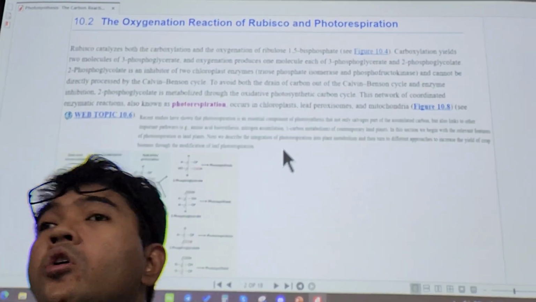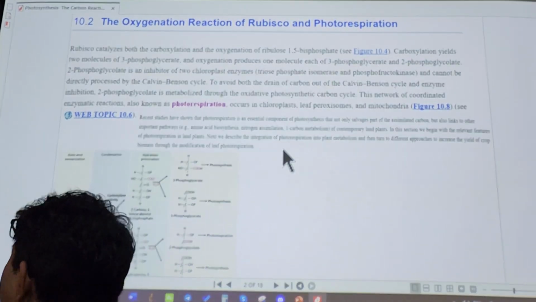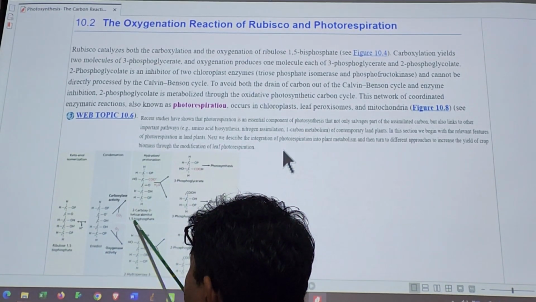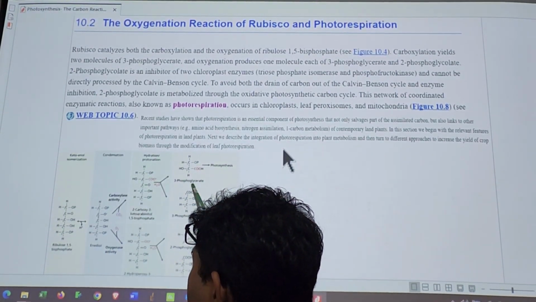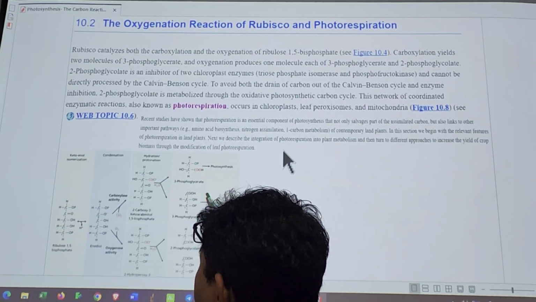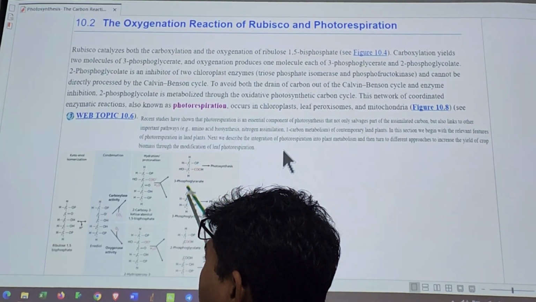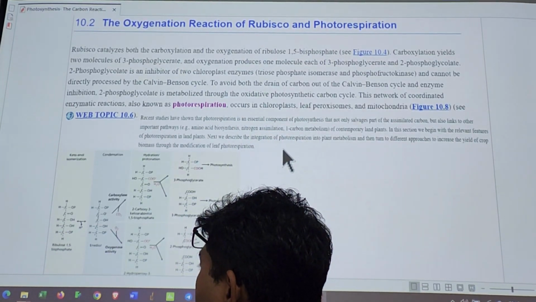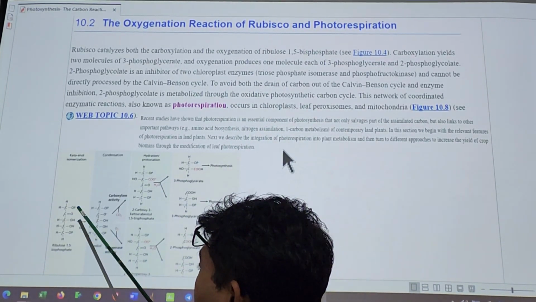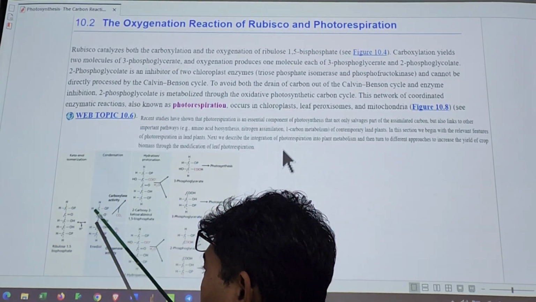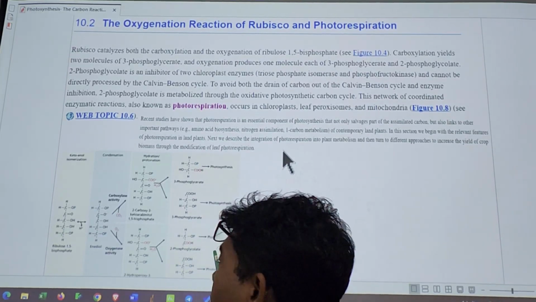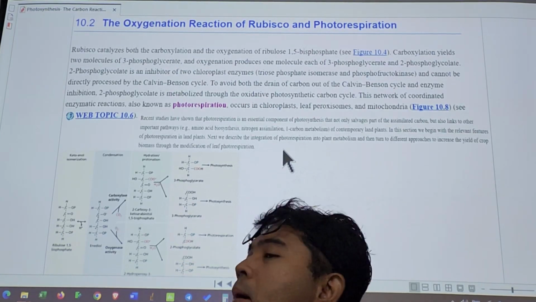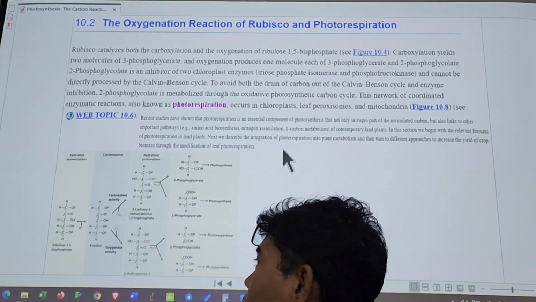Therefore, it has the issue of not being specific enough to catalyze a single reaction, which is the carboxylation reaction up here, right? If it proceeds with this carboxylation reaction, then that's fine. You get your phosphoglycerate that can be reduced to become your sugar precursor. However, the issue with Rubisco is it can add oxygen to the RuBP and proceed with what many like to call a wasteful process. I would like to call it a metabolically expensive process called